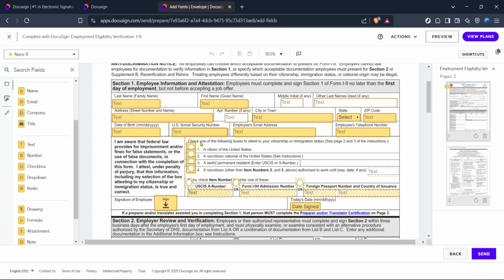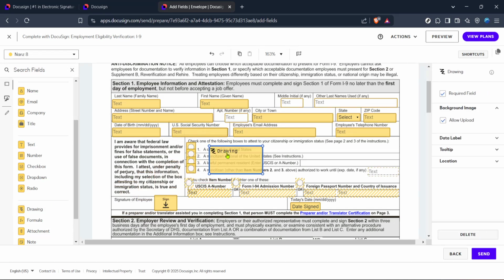Now look for the drawing option in the fields menu. Clicking on drawing allows you to insert the drawing field into your document, typically by dragging and placing it in the desired location on the page. This drawing field is particularly versatile. If you're preparing a document where a signer might need to add a sketch or freeform signature, this field is the perfect fit. Remember, the idea is to enhance user interaction by providing space for elements that require more than